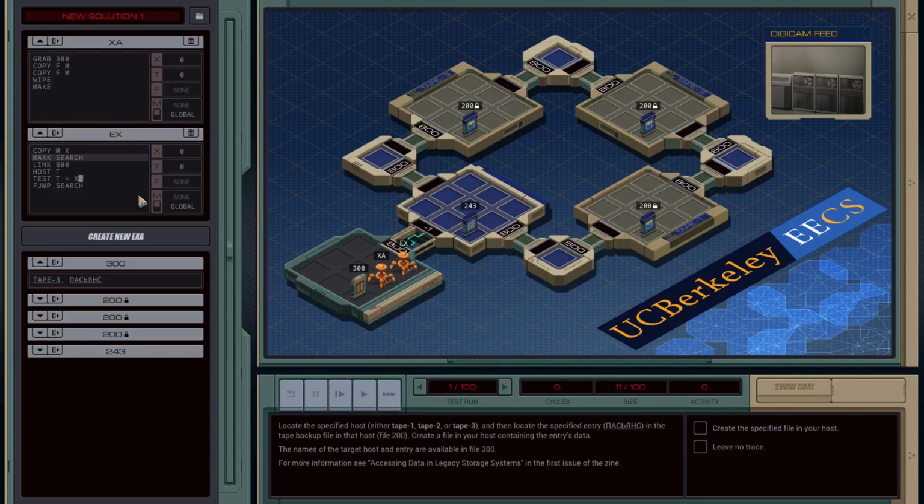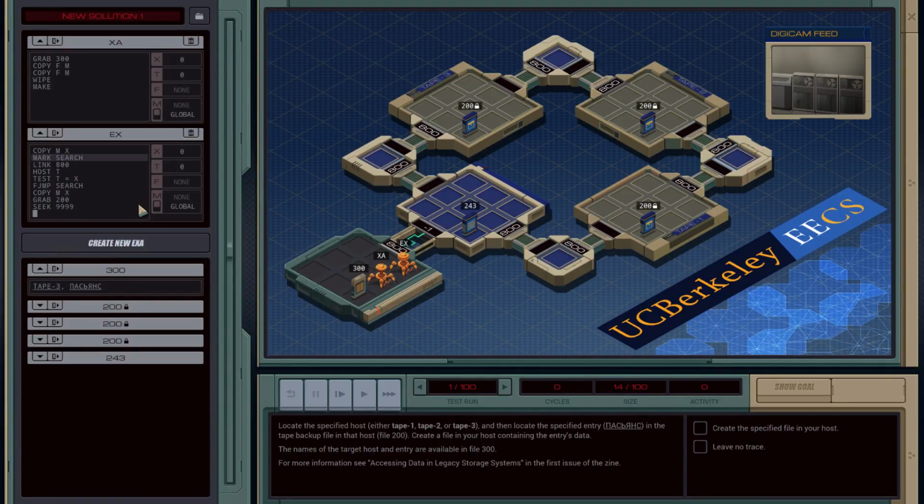So once he has arrived there, he will wish to copy from M into X. He no longer cares what host he's looking for, and now he needs to know what secret key he's looking for, right? Having done this, he will now grab the file that he is interested in, 200, and seek the end of it. And we will now begin